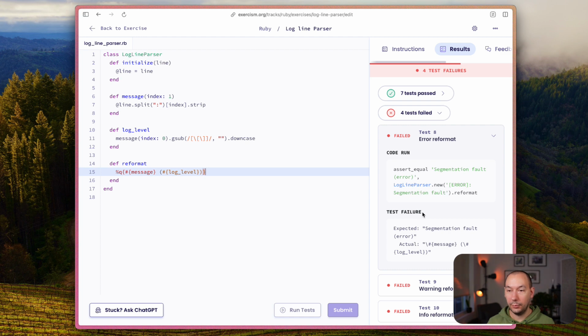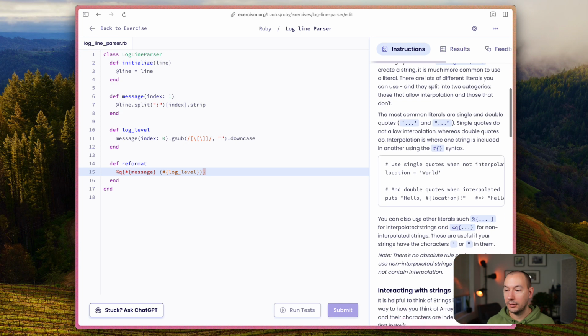And okay, so what do we got wrong here? It's a segmentation fault. Oh, I read this backwards. So it's not something I use frequently. I read this backwards. We actually want to go with that method